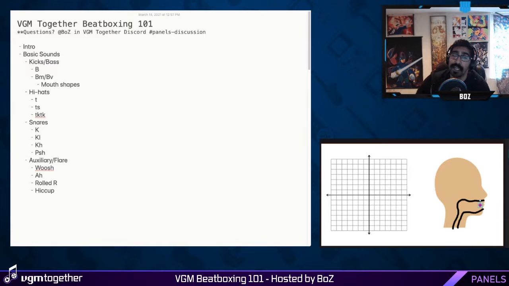One thing that I will say is even though the letter K doesn't sound like a hi-hat as much, if you are trying to do fast hi-hats, I find that alternating between the T sound and the K sound is a good way to achieve speed. For example, and we will break down actual beats in a little bit, something like that is a lot easier than, right? So if I just tried to go